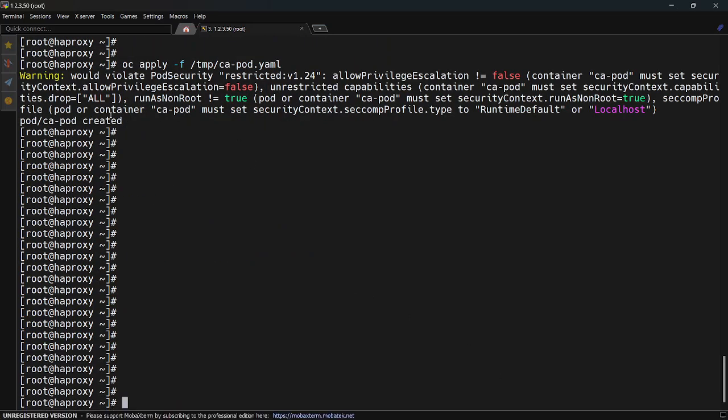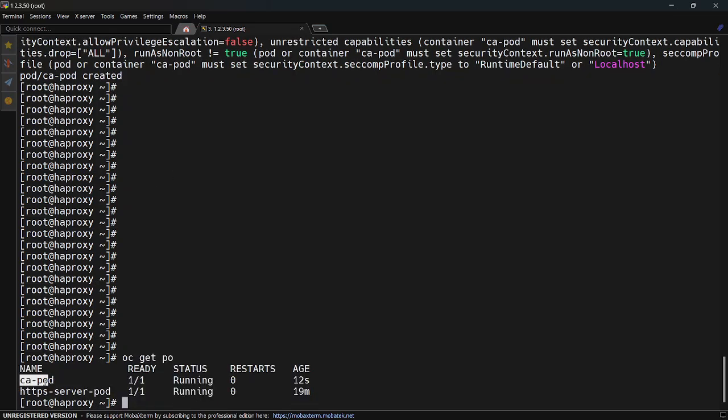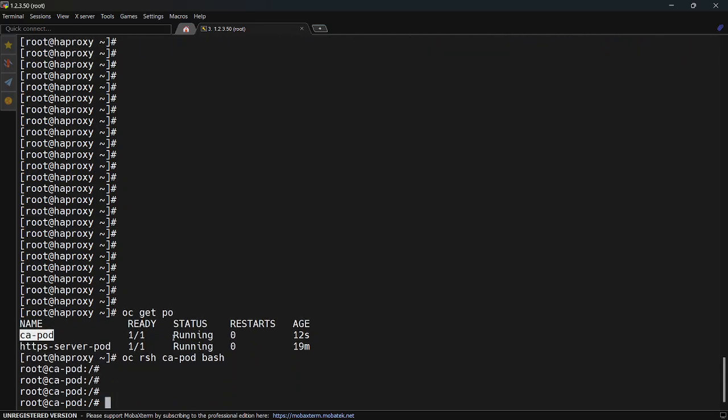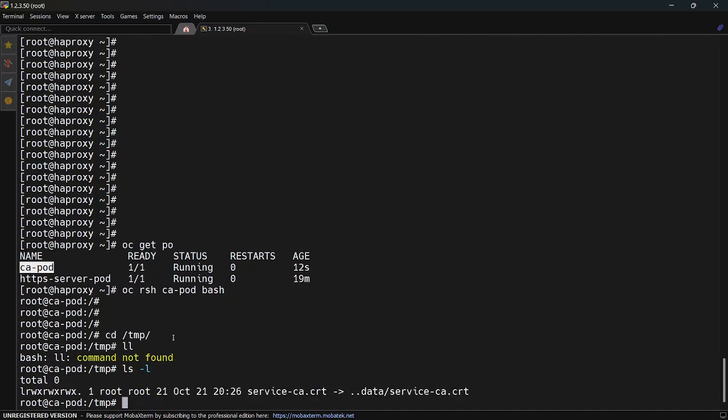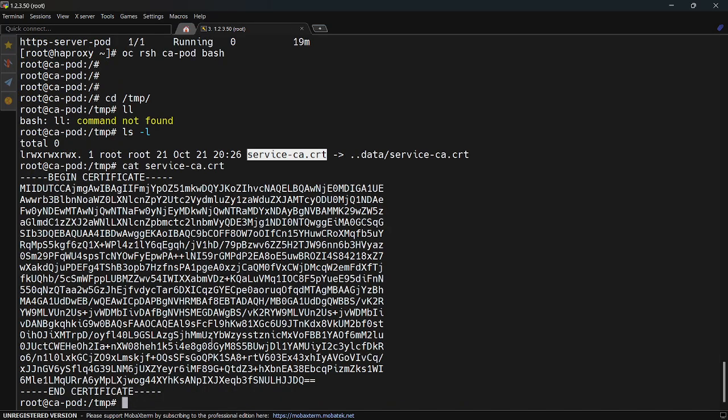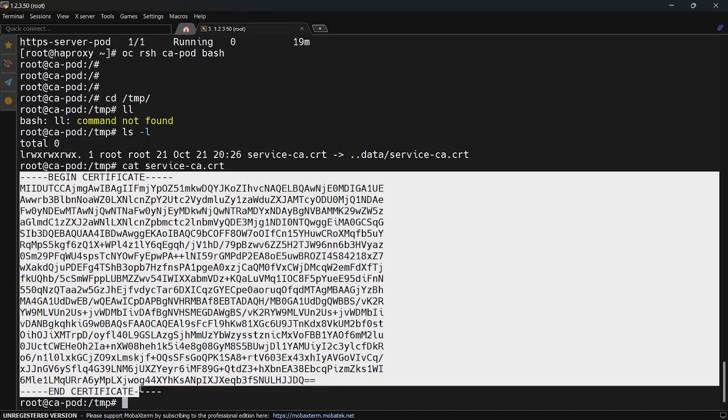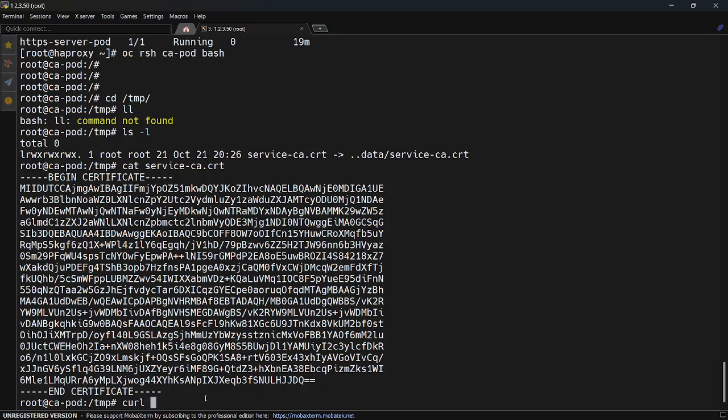Okay, I apply this and the pod is created. oc get pod. So this CA pod is created. Now oc rsh this pod, bash, the temp. We should be able to see this config map, CA. Now the curl command has a switch, cacert,